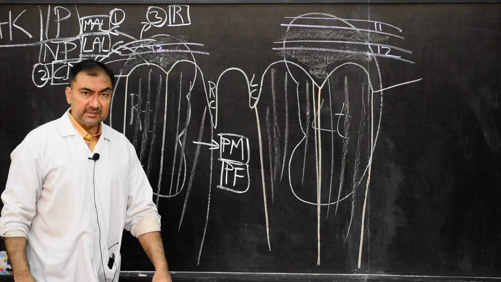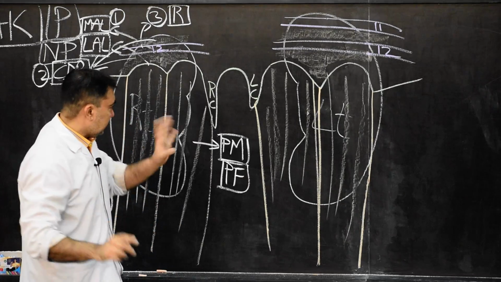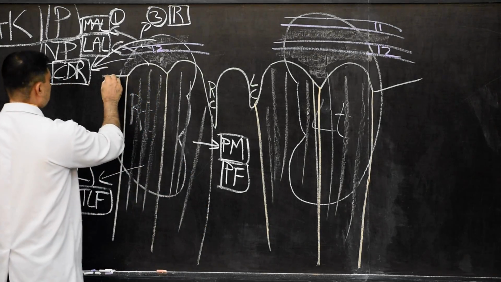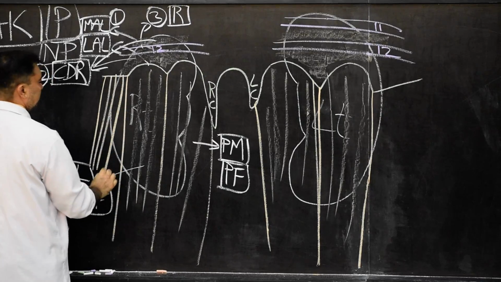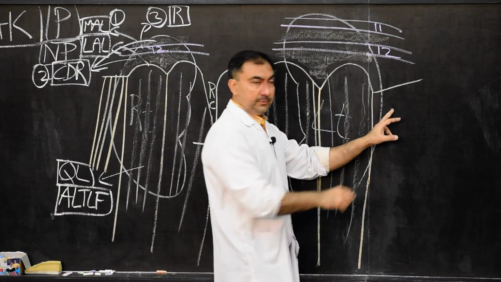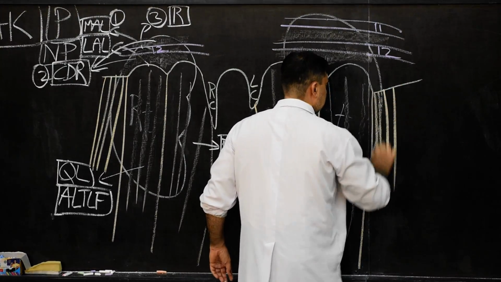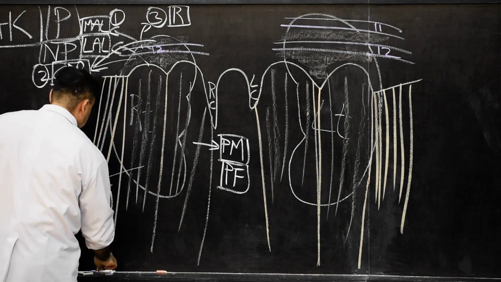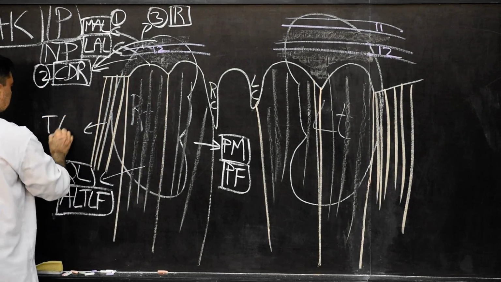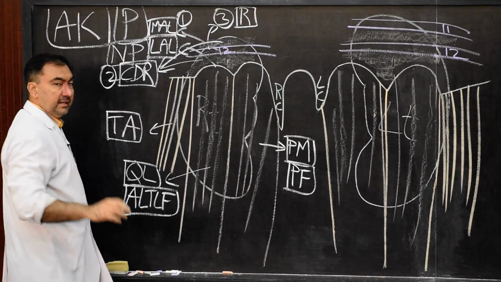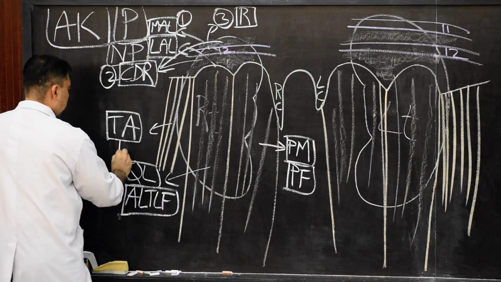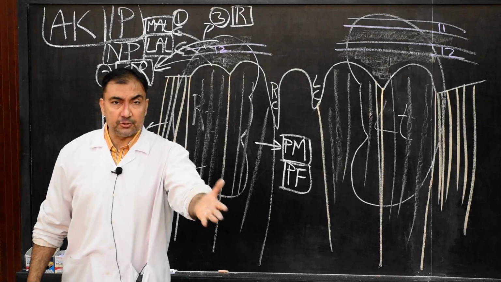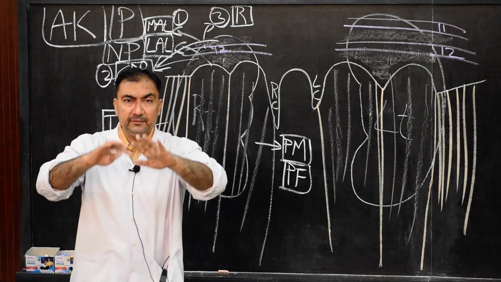Lateral to quadratus lumborum muscle, one more muscle we will draw, and that muscle will be the transversus abdominis muscle. See here, I am going to draw this as transversus abdominis muscle, on this side also. Once I mark this, this is transversus abdominis muscle, which is covered by its fascia, which is known as fascia transversalis. So three muscles are lying posterior to the kidneys in the lower part of the kidneys, posterior surface.